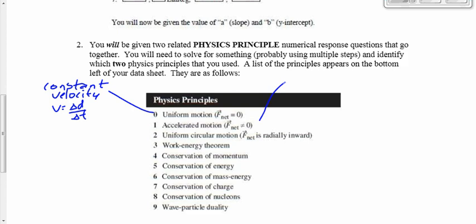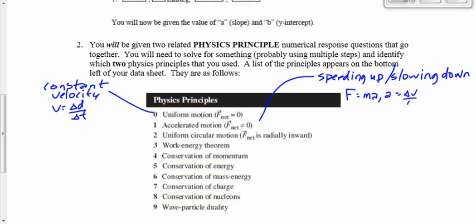Topic number 1, or principle number 1, is accelerated motion. So whenever you have an object that's speeding up or slowing down, you've used principle number 1. That could include using F = ma, a = Δv/Δt, and so on. All of those different acceleration equations that you learned about back in Physics 20, d = v_i t + 1/2 a t squared, and so on. If it involves speeding up or slowing down, then it involves principle 1, accelerated motion. Now,